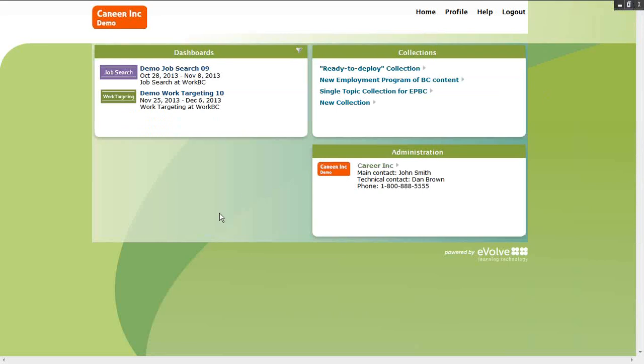So I'm going to go back to the home page. That's the administration in a nutshell. I'll return to it in a moment. But I wanted to move up here to collections. Collections is the area where we author content, we organize content, and we also connect content with the functions you want to use in your service. So I'm going to click into